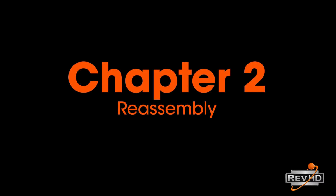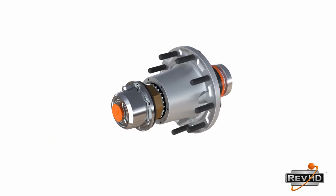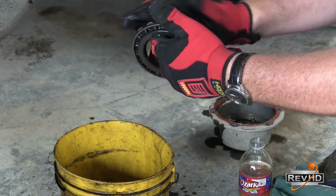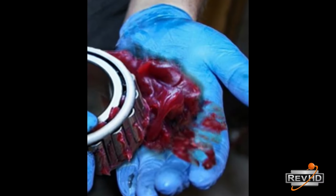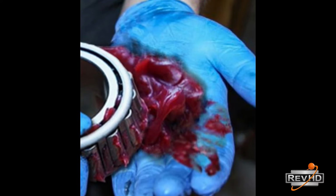Chapter 2. Reassembly. Once all the components have been disassembled, inspected, and cleaned thoroughly, it is time now to reinstall the wheel end. Begin by lubing the inner bearing with the same lubricant you are using in the hub. Note that if you are using semi-fluid grease or hard-packed grease, you will need to pack the bearings with the